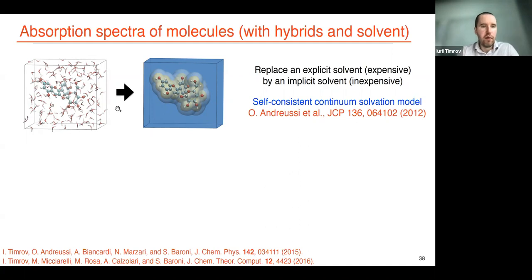For example, of course, molecules exist in some solutions, like in water. To simulate this with Quantum ESPRESSO, we take our molecule, the cyanine molecule in this case, about 60 atoms, and we put water molecules around it. This system is quite large because in total you can have more than 100 molecules, maybe 200, I don't remember exactly. But this system overall is quite large,